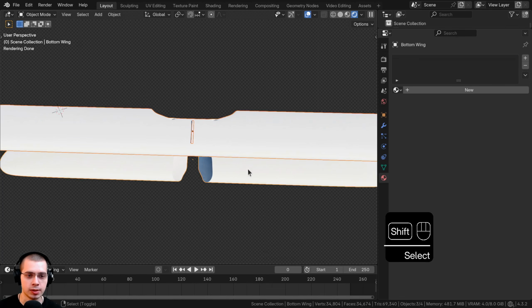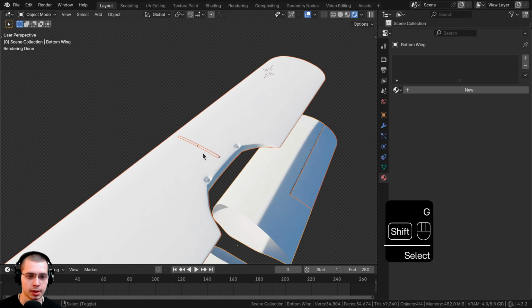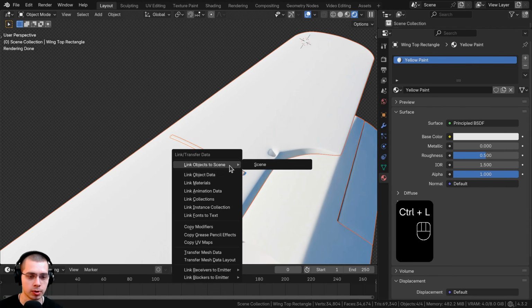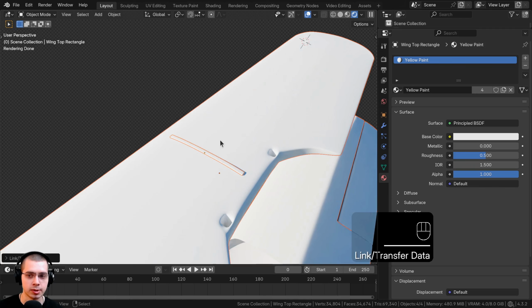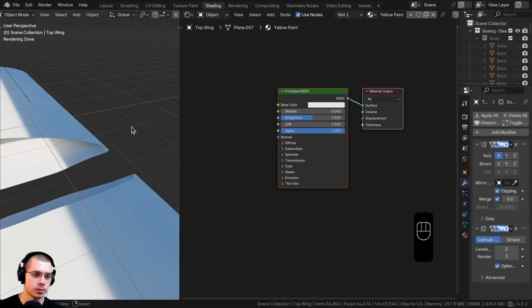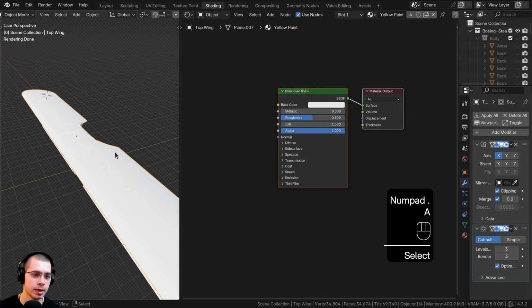So let's actually shift select all the other objects. Then lastly, select that little long piece. We'll use Control L and we are going to link the materials. So they all have the yellow paint material. So let's go to the shading workspace and I'll zoom out here and I'm going to create a basic material